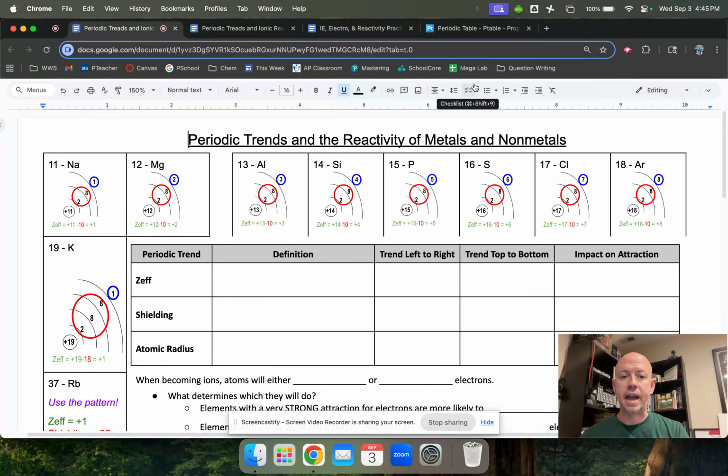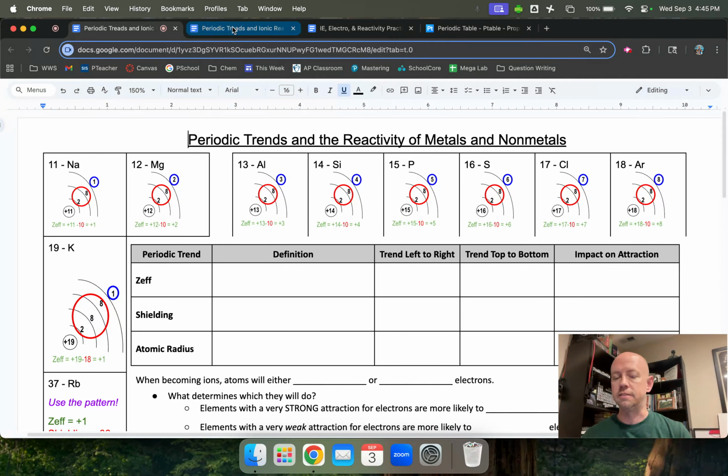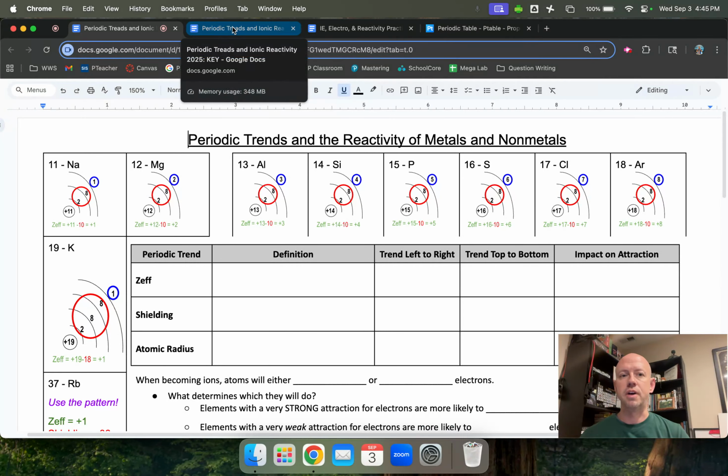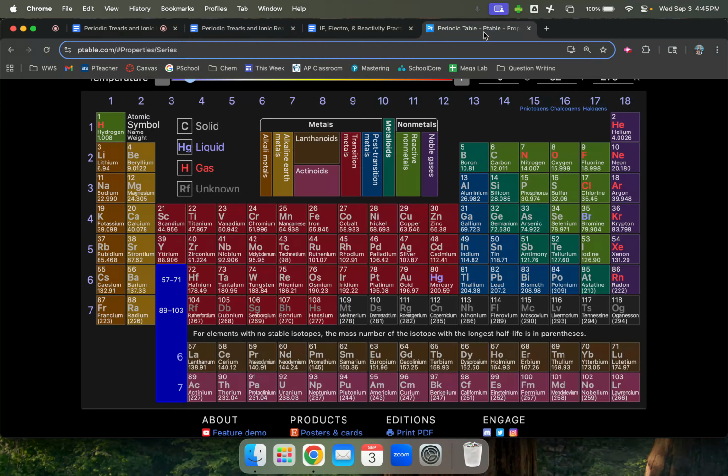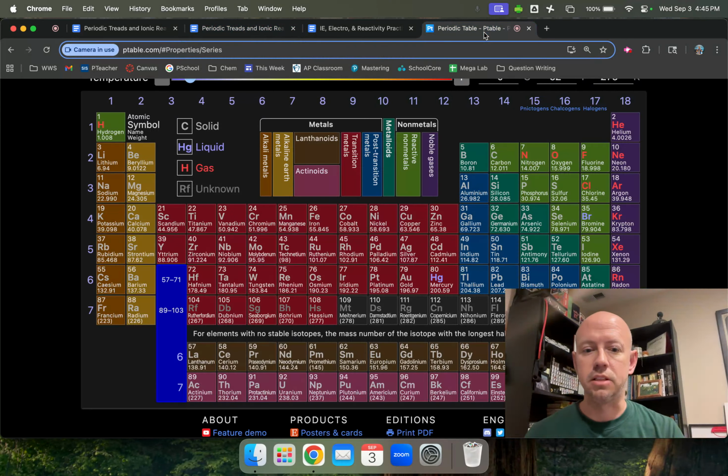So I'll click back and forth through several things here where we are looking at the notes we'll fill in. We'll look at the filled in versions, but we'll also have the periodic table handy that we can look at any and all of these times. So as you go through any notes, as you go through any worksheets or any learning activities in mastering chemistry,